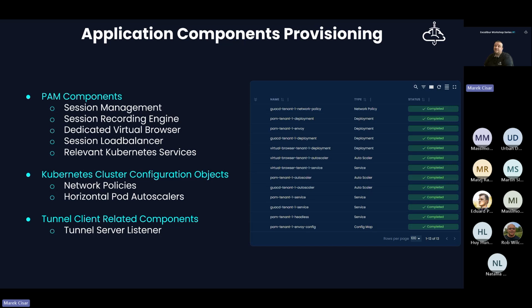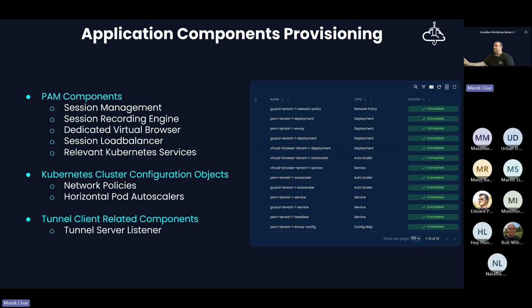Simply, we can tell that the tunnel server listeners are completely isolated and independent from each other, and basically it does not matter if it is tenant related or not, but since there is the dedicated tunnel server listener for each tunnel client configured and connected, we can safely say that the tunnel client related components are tenant based or tenant dedicated as well.